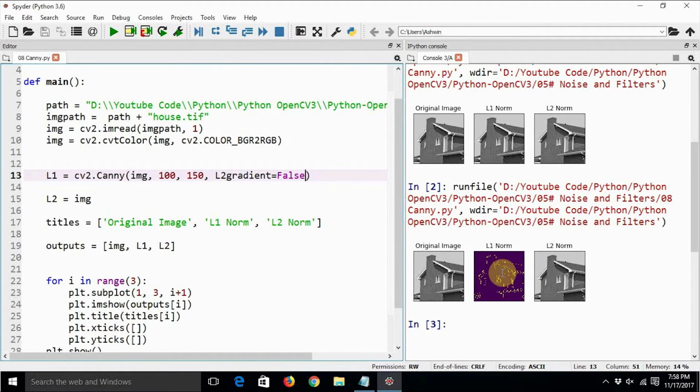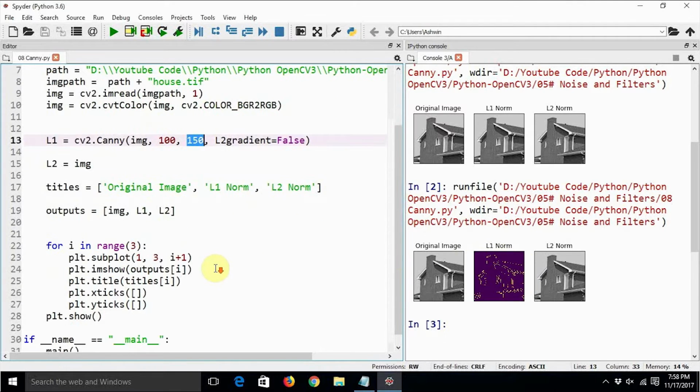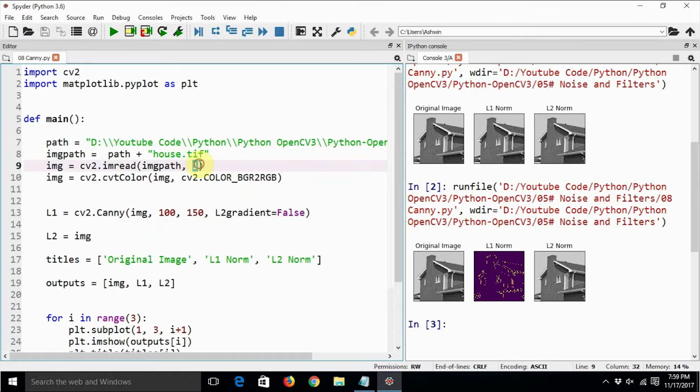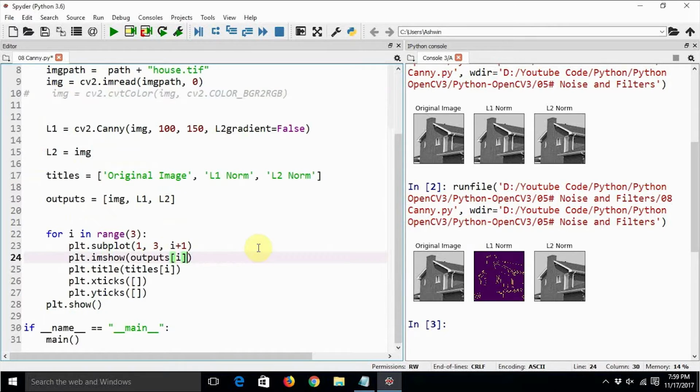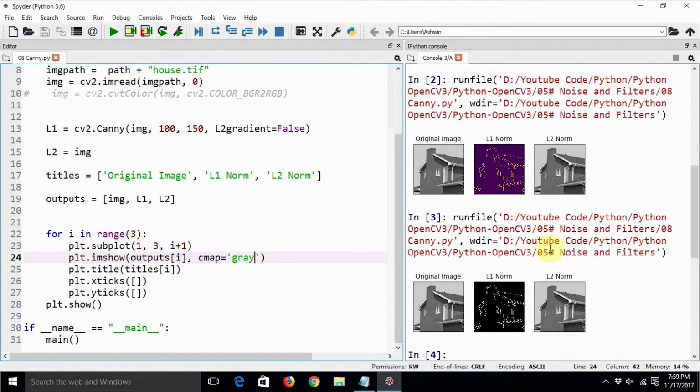Now we just need to adjust the values of the gradients that we are passing. This is gradient 1 and this is gradient 2, and then we will get the correct output. Before that, we should actually read the image in grayscale mode, because the image is grayscale, and we will just comment this line. We should also set the CMAP to gray, CMAP equal to gray. Now this should work. Yes, it works now, and we are able to see the complete grayscale image. It's a black and white image basically. The white dot represents an edge.